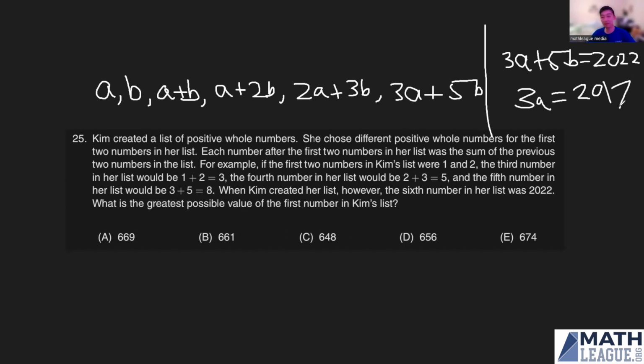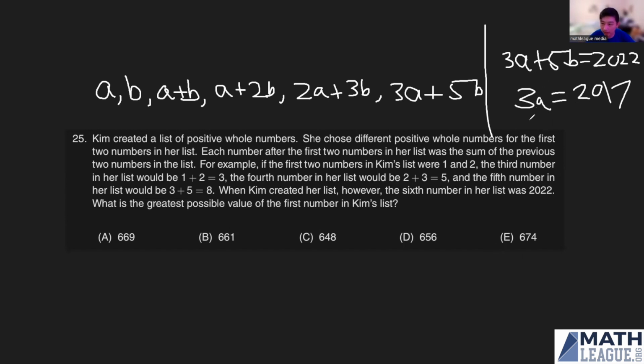But if we notice, 2017 is not divisible by 3 because the rule is all the digits have to sum up to a multiple of 3. And these sum up to 10, which is not a multiple of 3. So this doesn't work. And then if we try B is equal to 2, we're going to find the same thing happens, right? So the last thing we see is if we try B equals 3, we'll get something